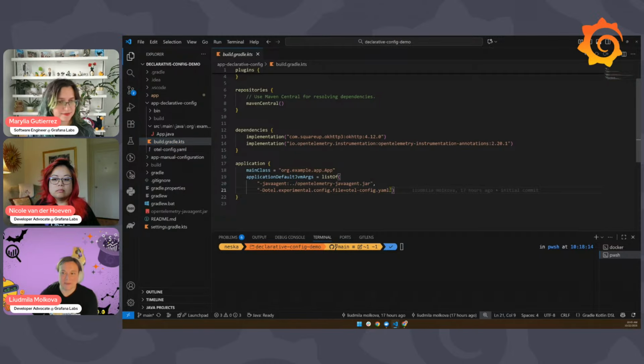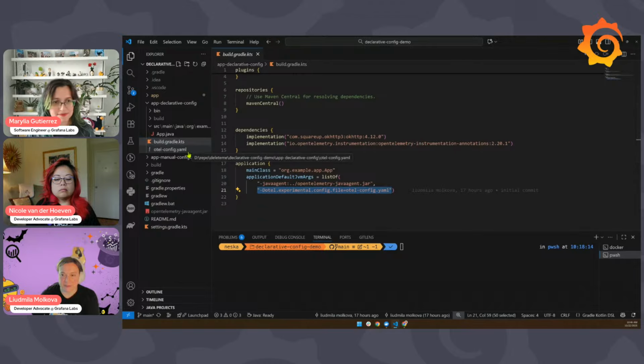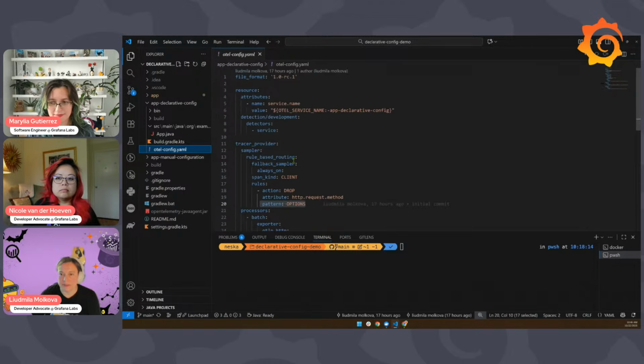Here we use config, right? Imagine we didn't have it. It would still configure some defaults, like OTLP endpoint and things. With config, we can actually override these defaults and also some interesting behavior. Let's take a look at the config. So it's pretty much the same as what Marylia showed you in the slides.